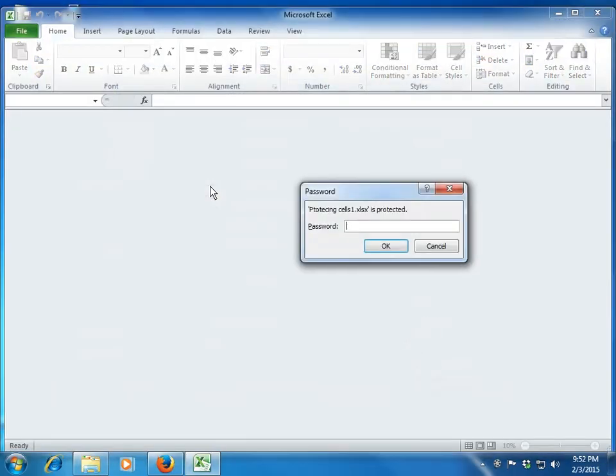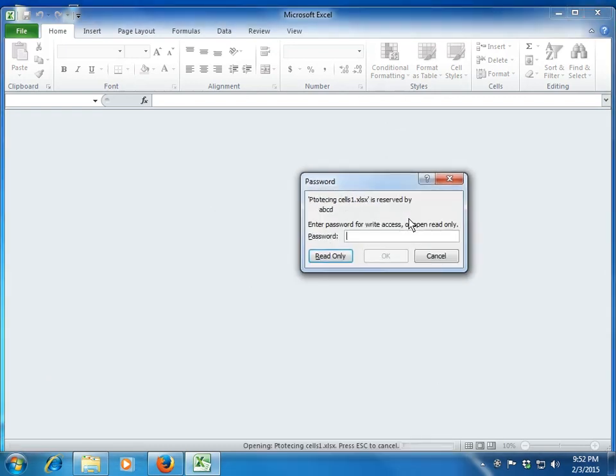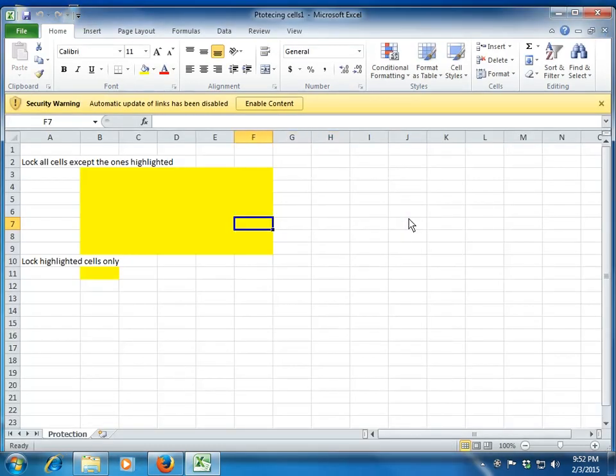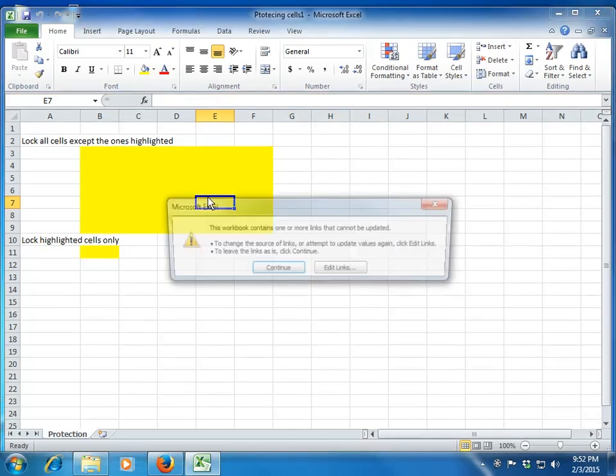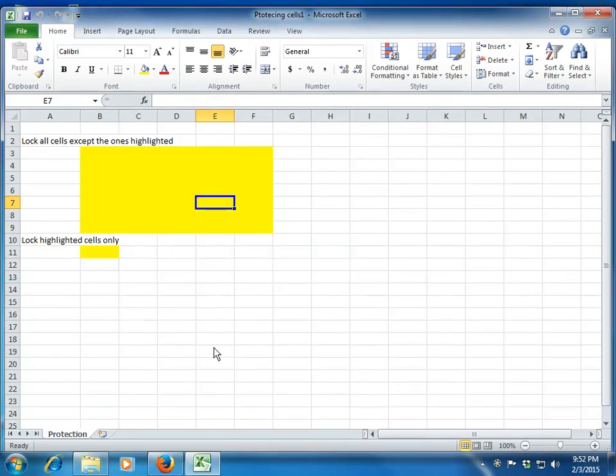So you see that the moment you try to open that file, Excel asks you for the password. You have to enter the password both for opening the file as well as for making any modification to the file. So I give the two passwords, and then it allows you to make changes to the file. This is how you can password protect your file so that no one can open it without your permission.